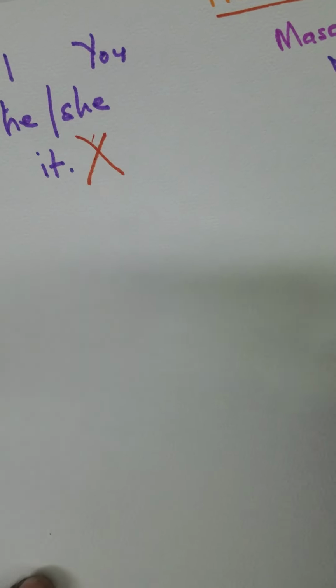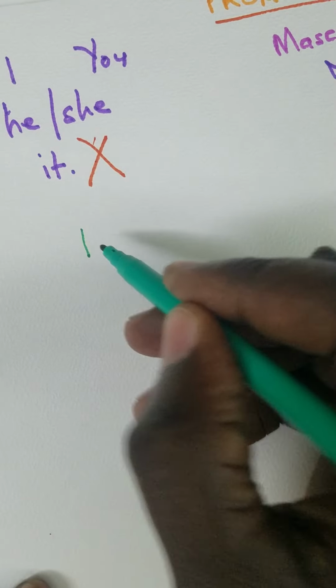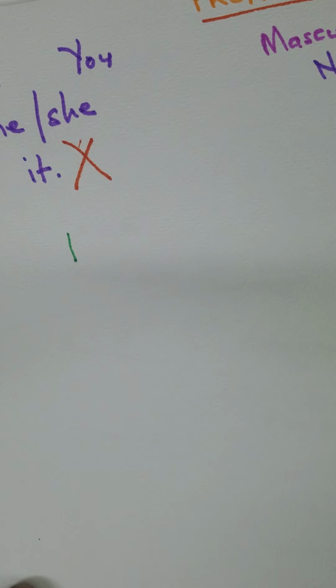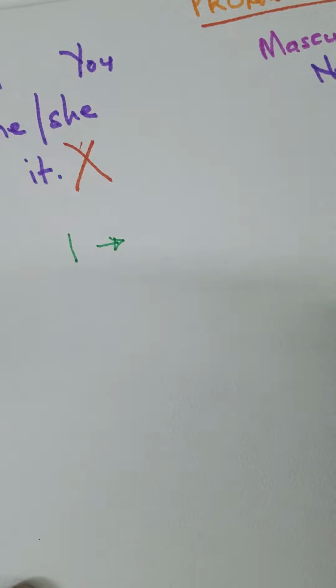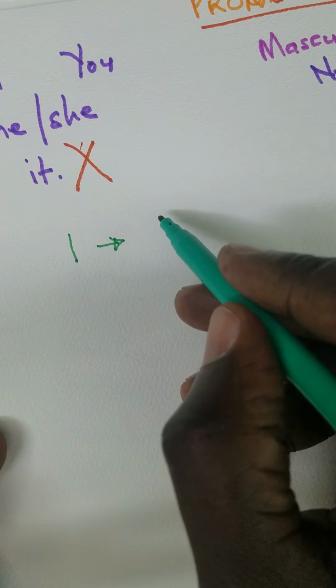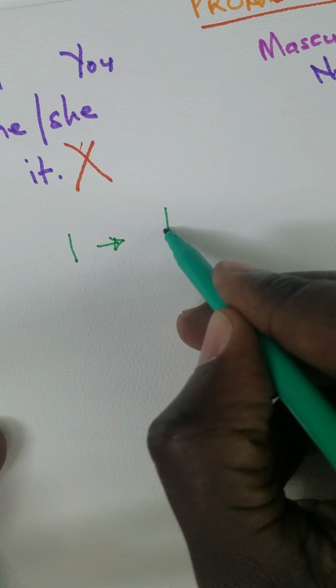Okay, we're not going to waste time. Let's hit this right away. Number one, we can have something that looks like this, I. Whenever you see I in Arabic, and now we are heading to something very important, and we need you to pay attention. I is written as Ana,